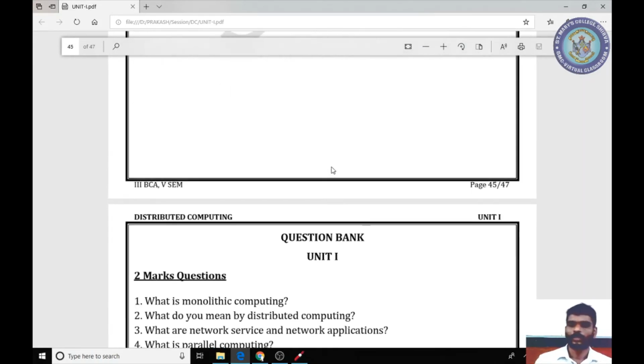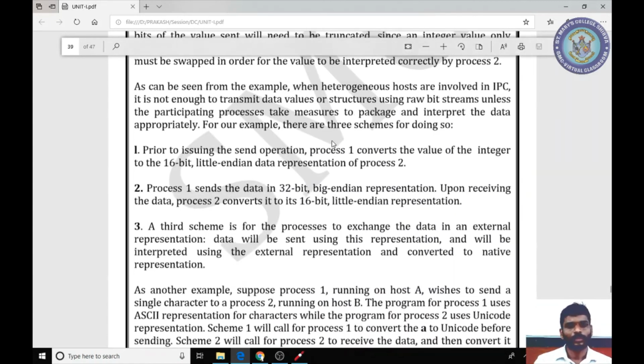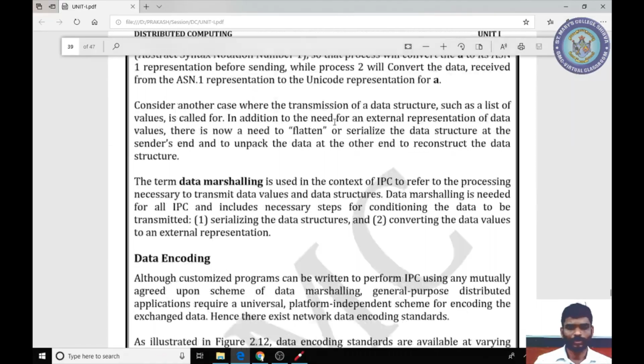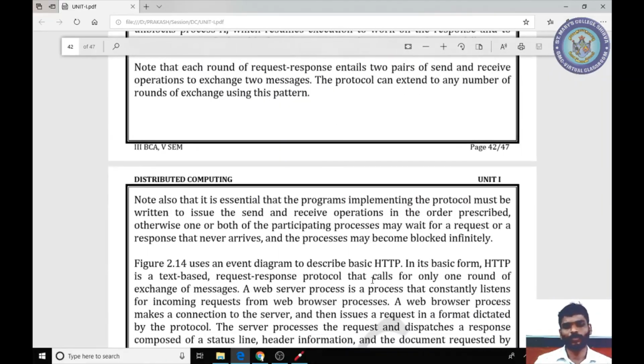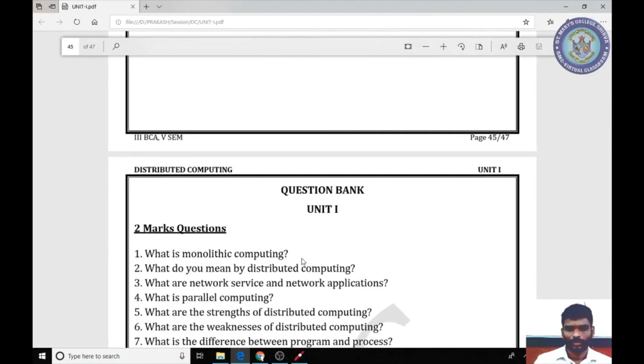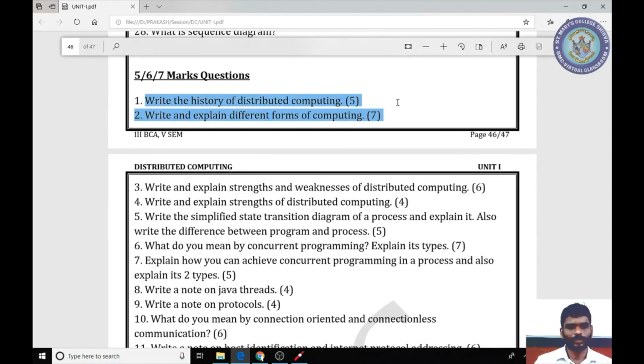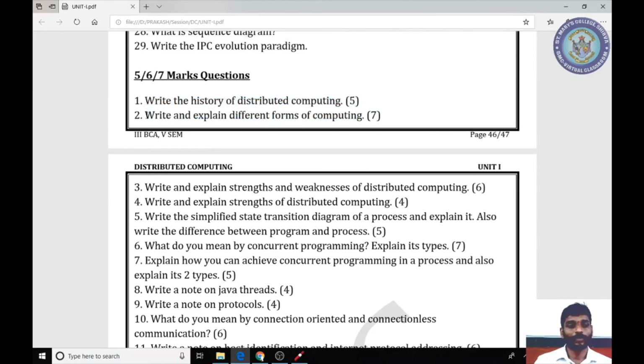Okay, students, this is about chapters 1 and 2, that is the first unit. In this unit, we studied various topics: the history of distributed computing, then the different forms of computing. What are the different forms of computing?